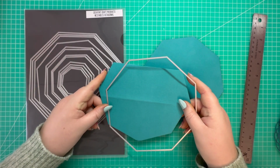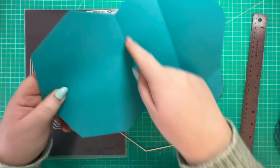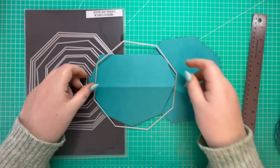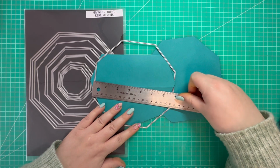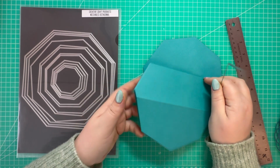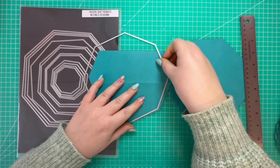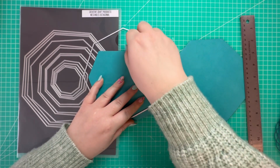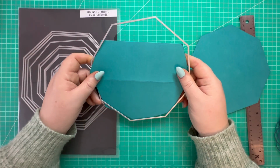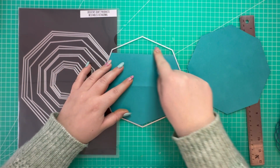So I've prepared a lot of my items off camera. So first of all, I took a piece of A4 cardstock and I scored in the centre. I then took one of my larger octagon dies. So this one measures 6 3/4. And I placed the die over the folded cardstock with the folded edge at the top and I tacked it in place. So I wasn't able to get the whole of the shape on the A4 cardstock, which is absolutely fine because we won't see this part missing,